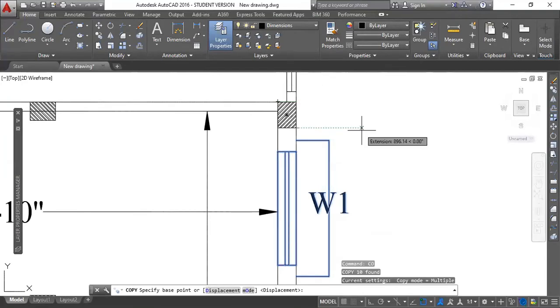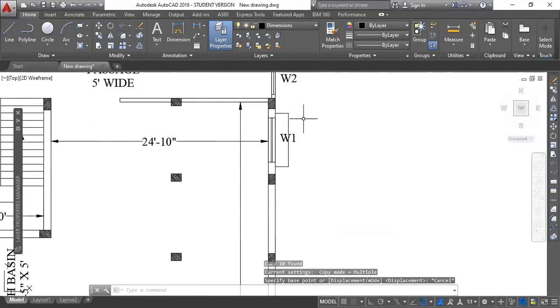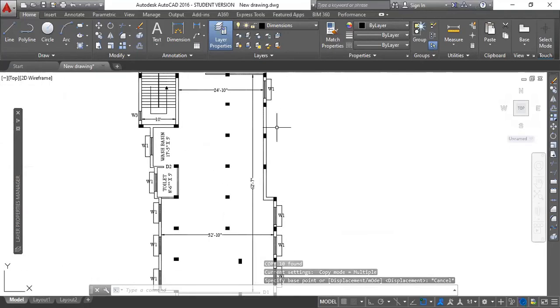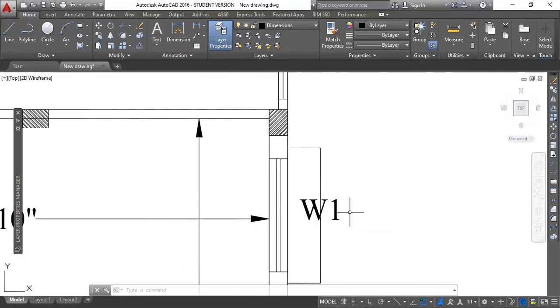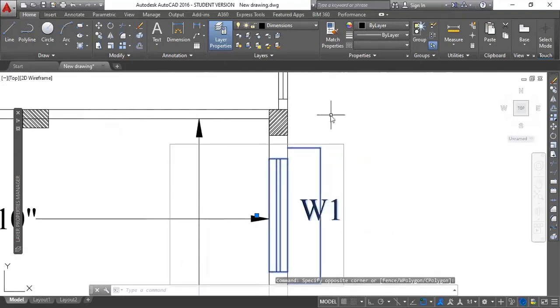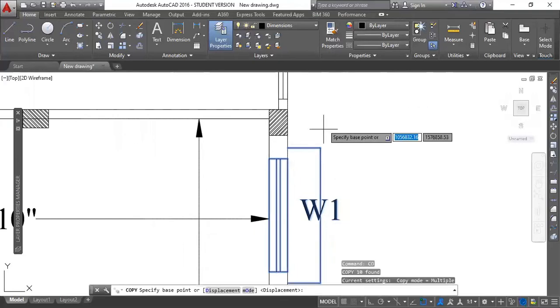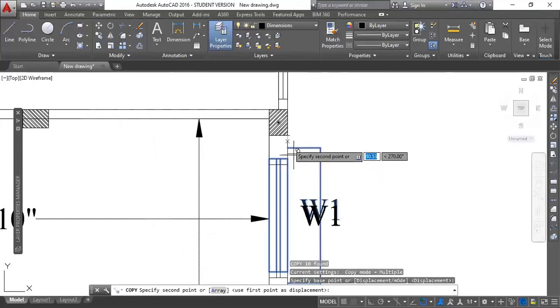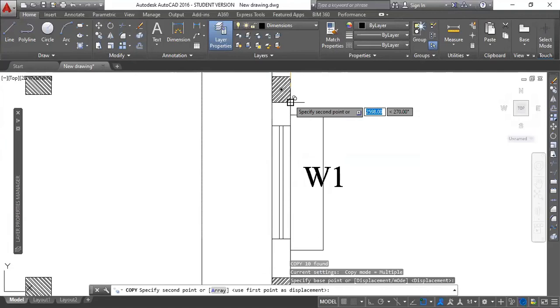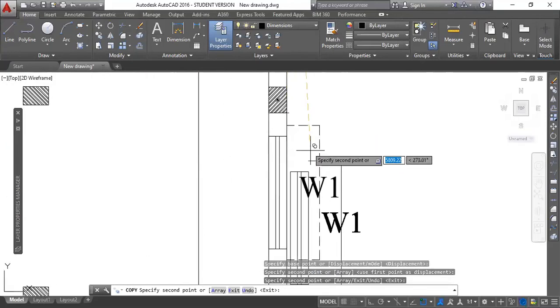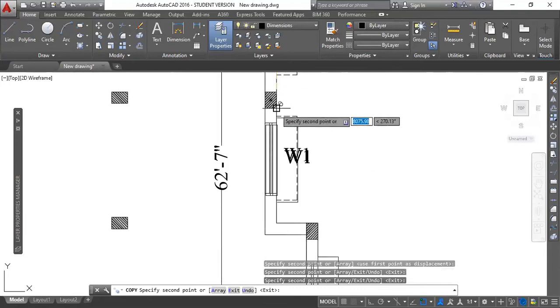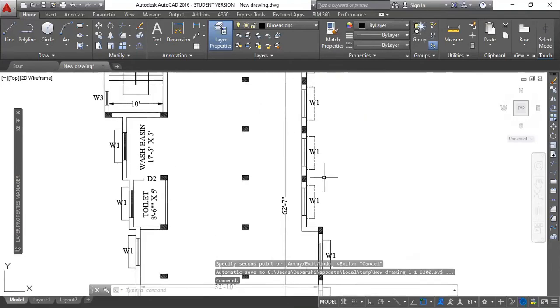I know that in this drawing my columns are at equal distances, so in this case I can use column corners as references. I can use this point as reference, and simply click on the next one. In this way you can copy using reference points, and that is very easy and convenient as well.